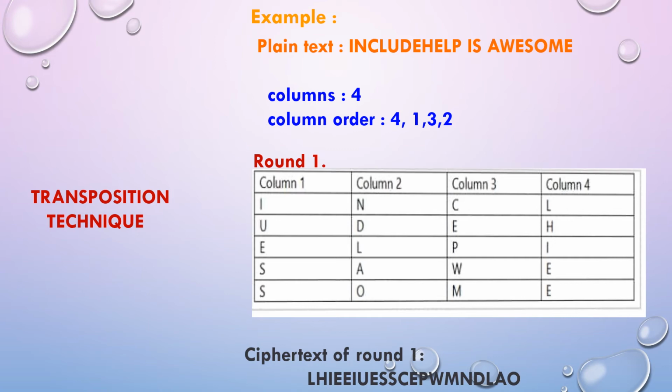Now let us take 4 columns and arrange the plain text row-wise. Then we get the first row, which contains the letters